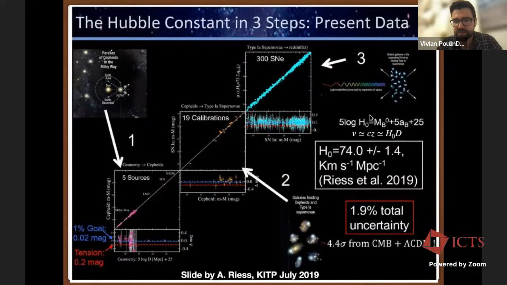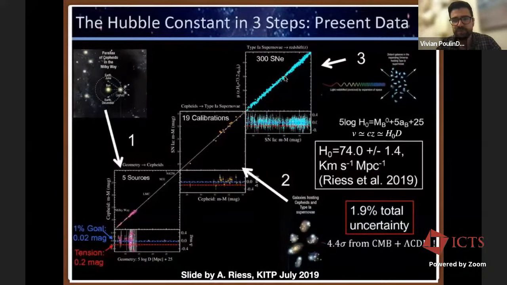And when you write it in astronomy form, it takes this weirder shape, but this is really what we're talking about. If we know the redshift, and we can measure it very well from spectroscopy, all we need is to know the distance to the object, and we can measure the Hubble parameter. Of course, the difficulty is that if you want to really get rid of peculiar velocities, you have to go very far away. So you have to use very bright objects, supernovae for instance, and you have to know the intrinsic luminosity of supernovae.